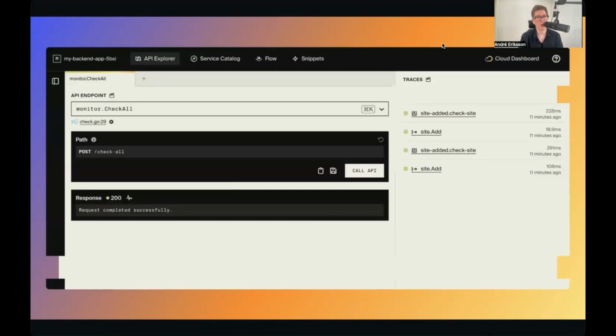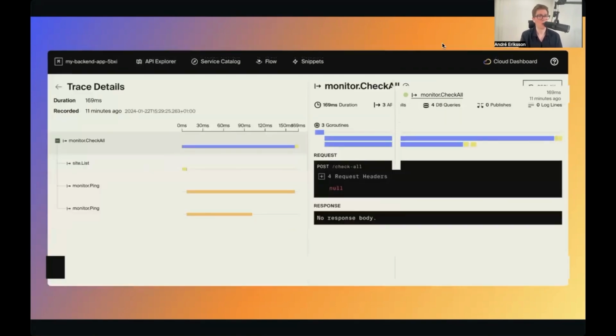And finally, Encore, because it understands all of these API endpoints, provides an API explorer where you can easily call any endpoint as you're developing. And whenever you call an endpoint, Encore will automatically trace it, which means that you can dig into exactly what